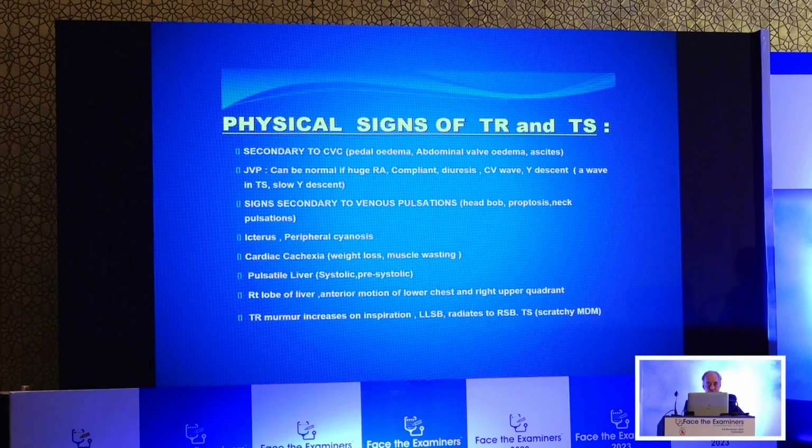Signs secondary to venous pulsations: sometimes the venous pulsations may be so strong, venous pressure may be so high, that you can have an earlobe sign, pulsations of the earlobe, proptosis. There can be icterus, peripheral cyanosis, cardiac cachexia can develop, pulsatile liver can develop, and the murmur of tricuspid regurgitation